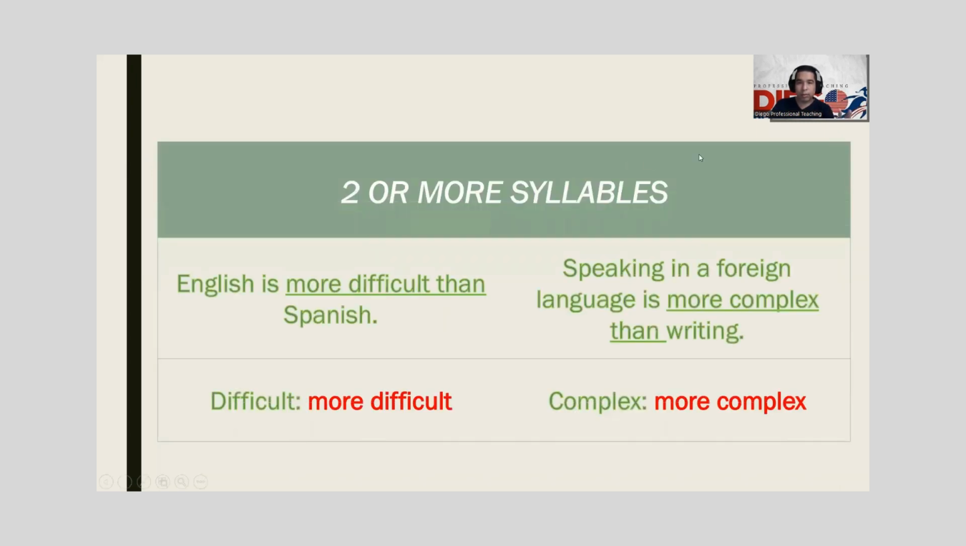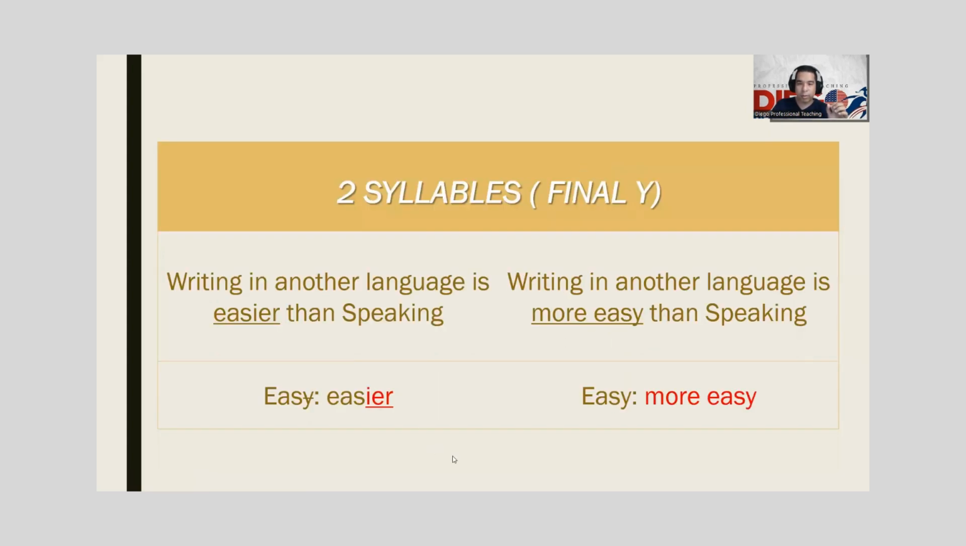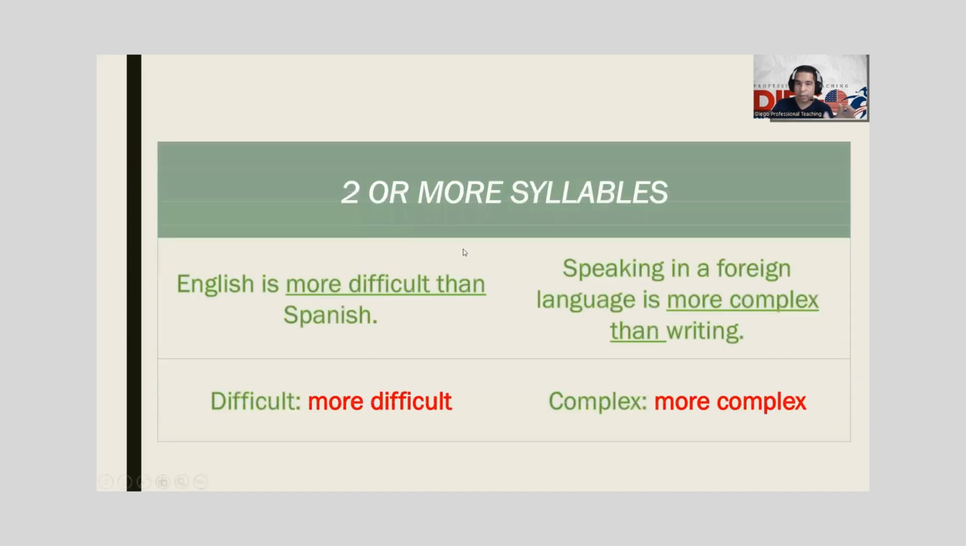2 or more syllables. 2 or more. In this case, I'm not considering the final Y. Okay, that's why this is important to consider. In the previous one, we were mentioning, as it says here, final Y, right? But in this case, I am not using final Y. Yeah? So, in this first example, English is more difficult than Spanish. For the word difficult, it's 3 syllables. So, I only add the word more